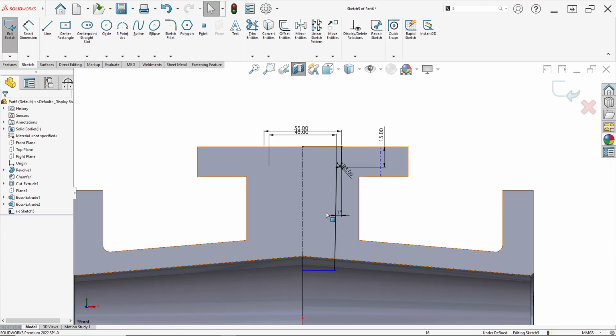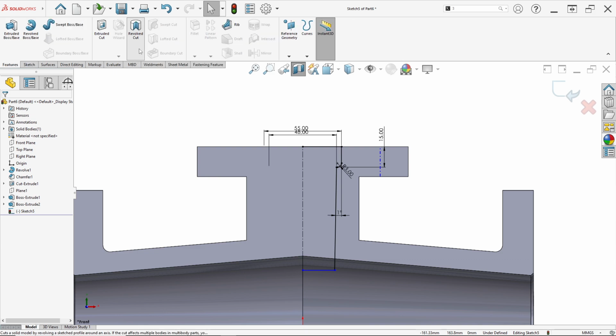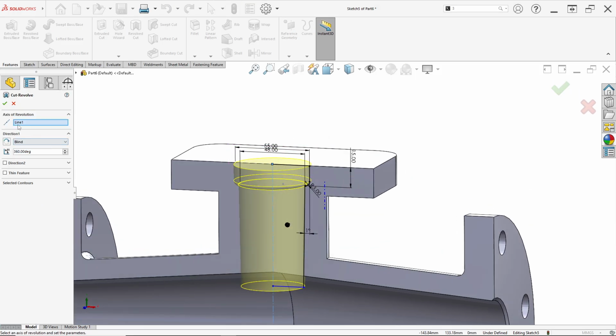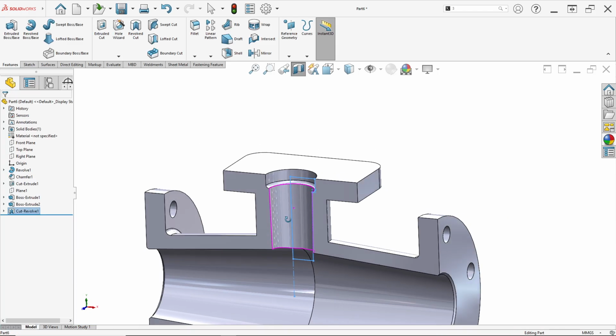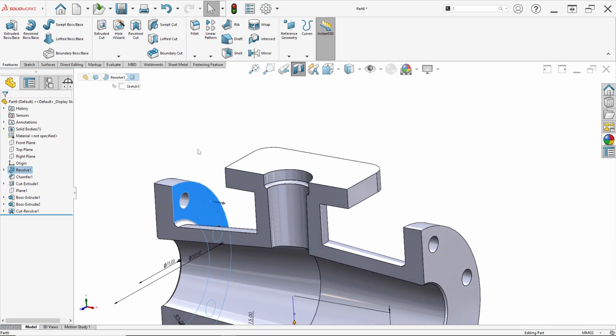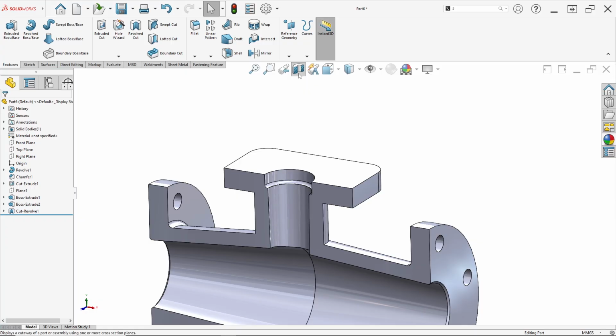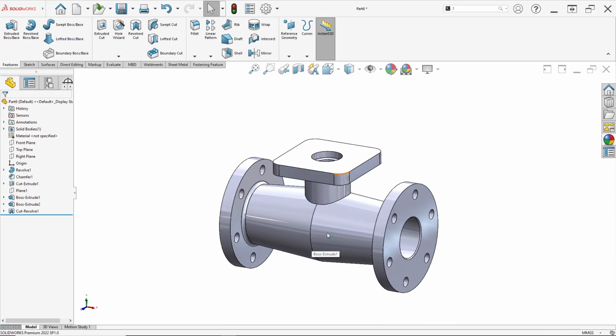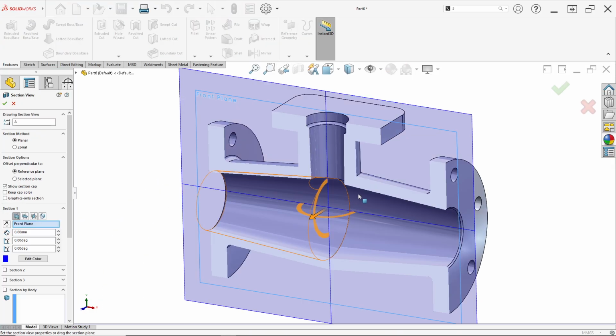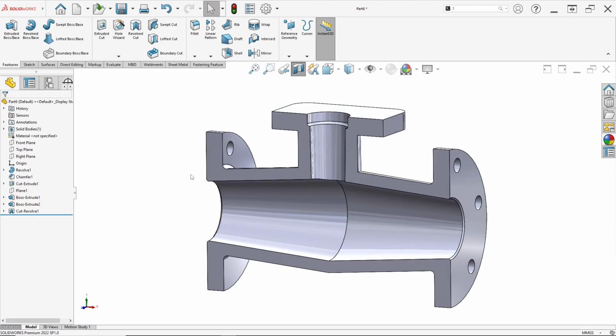After we make the sketch like this, just click feature and click revolve cut. Click yes. And for the axis of revolution, ensure you select this center line. Just click OK and done, like this. We can uncheck section view like this, and we can see the section view again like this.